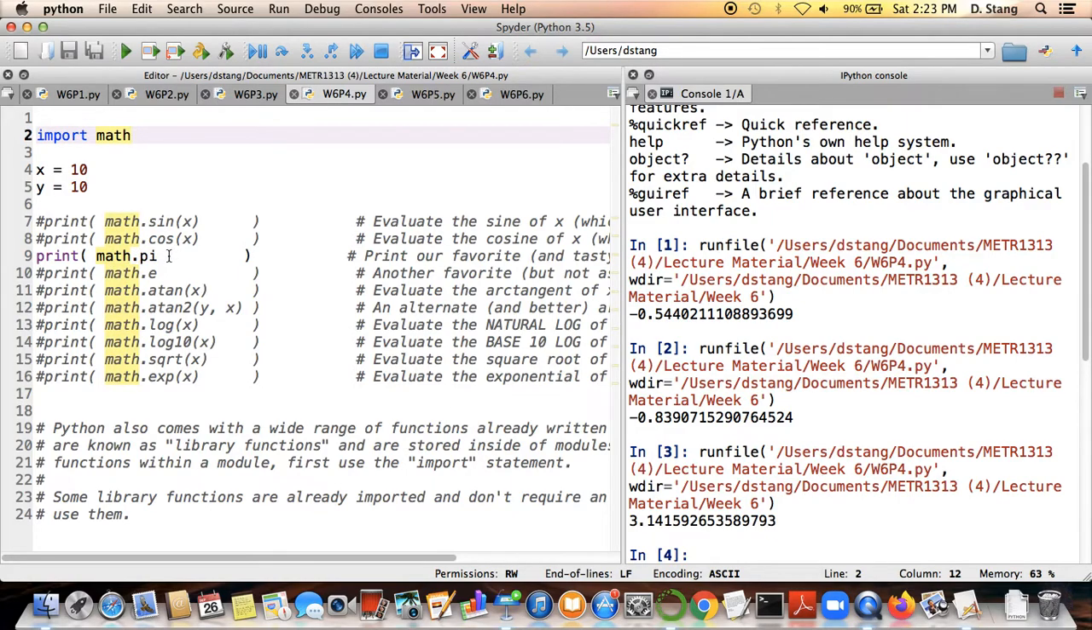And notice how this does not have any parentheses after it. So that tells us that this is a variable, a simple variable that's contained within the math module, as opposed to it being a function within the math module. And just like before, if I try to do this, it's going to be looking for a variable called pi